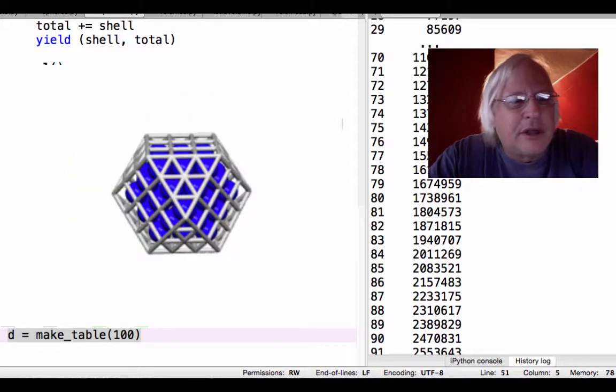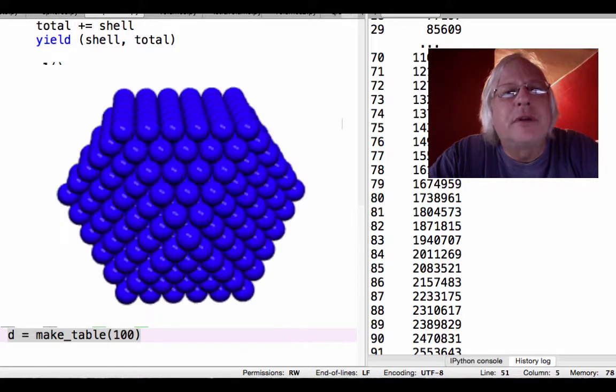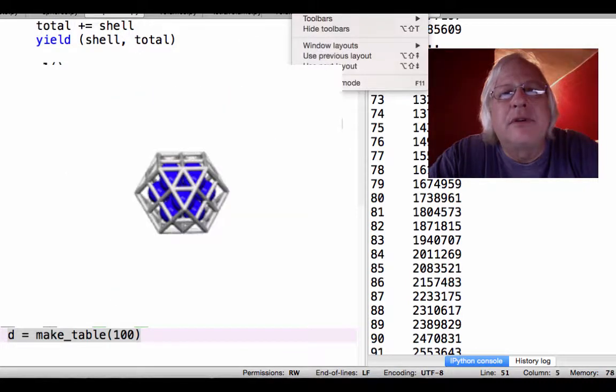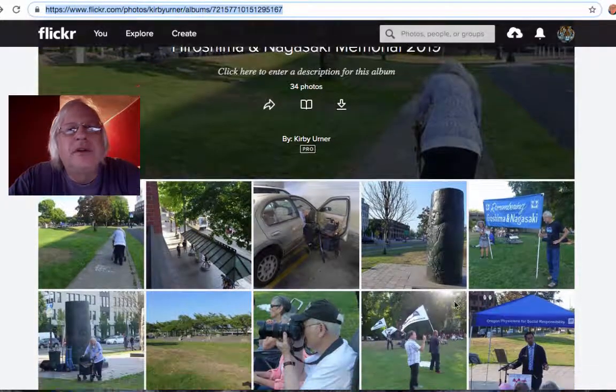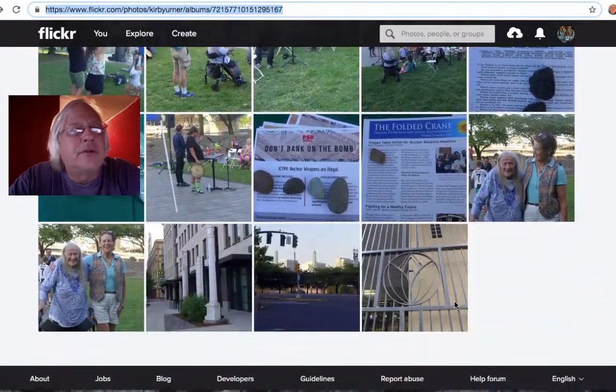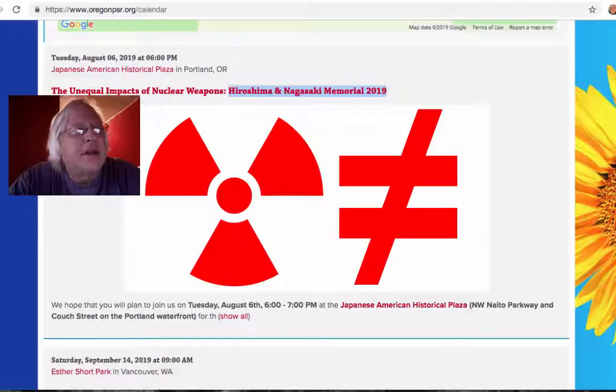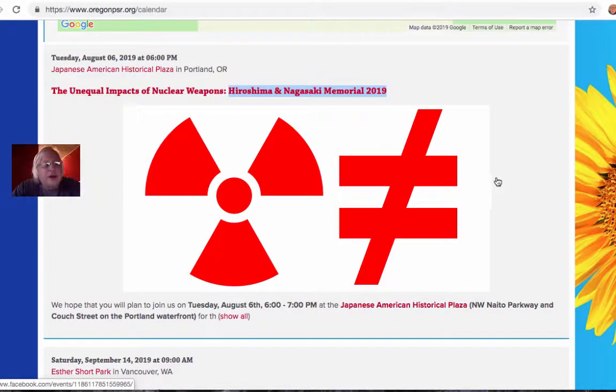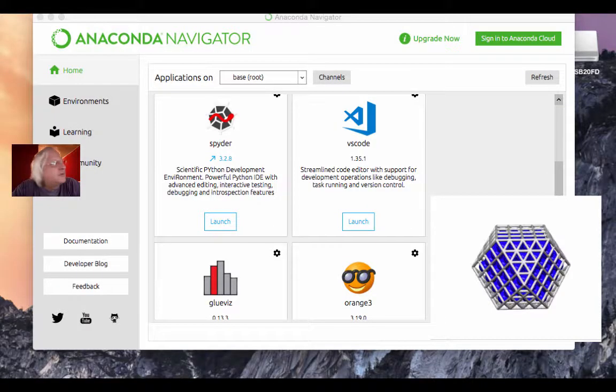So I have to get out of full screen mode here if I have any interest in showing you this. Let's see, view, full screen mode, I'm in full screen mode. Shrink it down. How do I get this over?